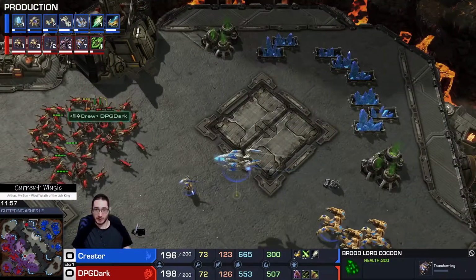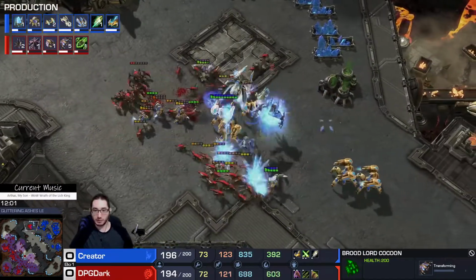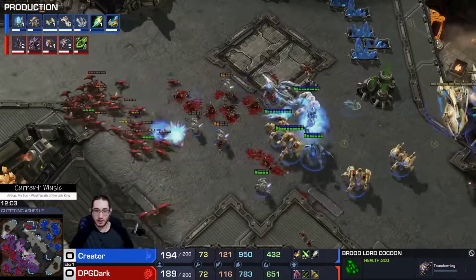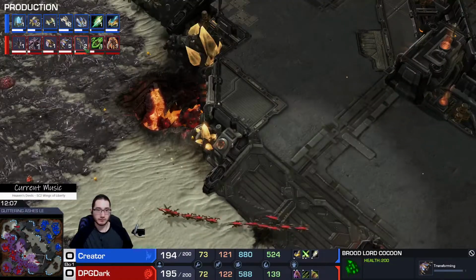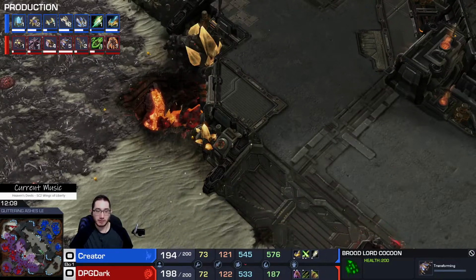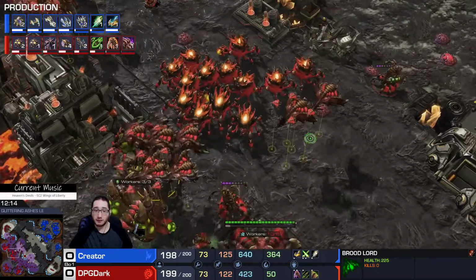Alright, both players going for their various sky compositions here. Broodlords and carriers on the field. Dark does not want to just throw away the Lings. Broodlords and Vipers on the way, so it looks like Dark is going to gear up to try and fight